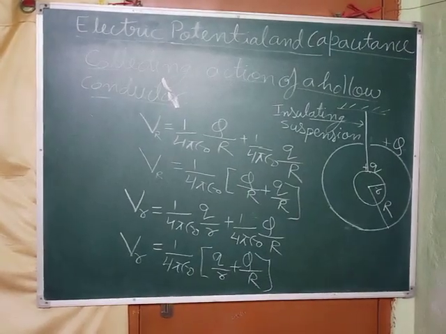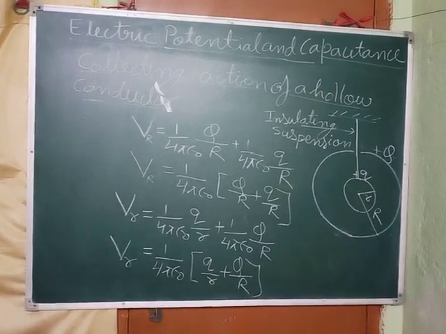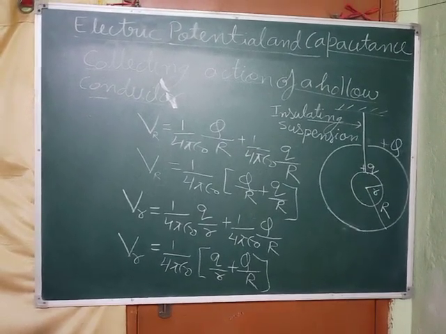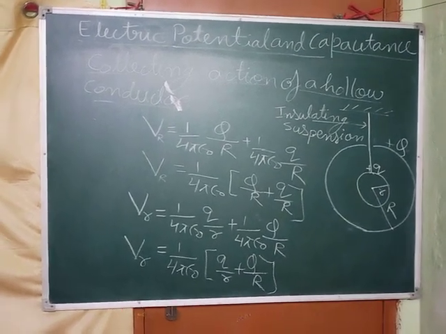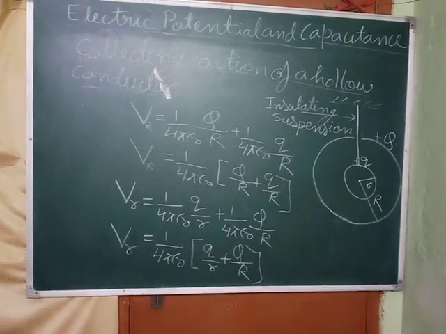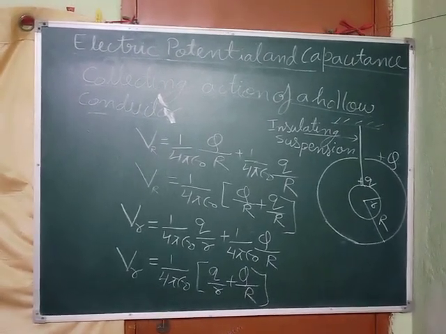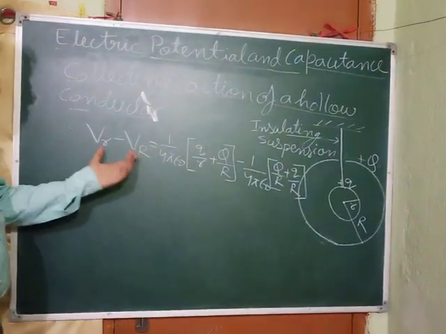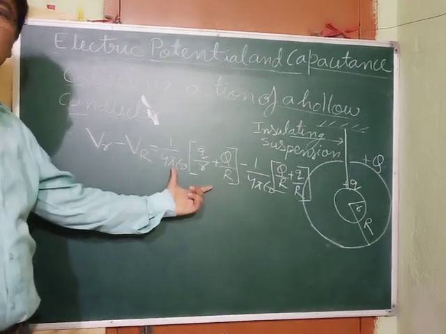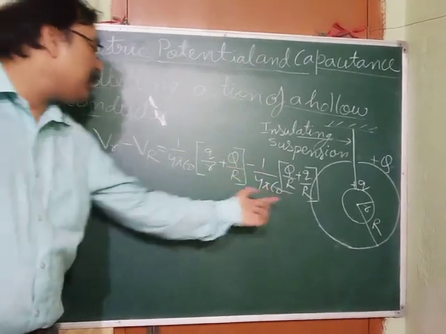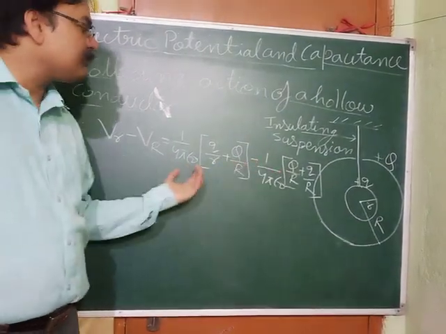Now we can find out the potential difference. So we have to find out now the potential difference. Just note it down this much first. Noted? Now see, potential difference VR minus V capital R. This is the value of V at small r, minus this is the value of V at capital R. We want to find the potential difference, so we have to subtract the potentials.